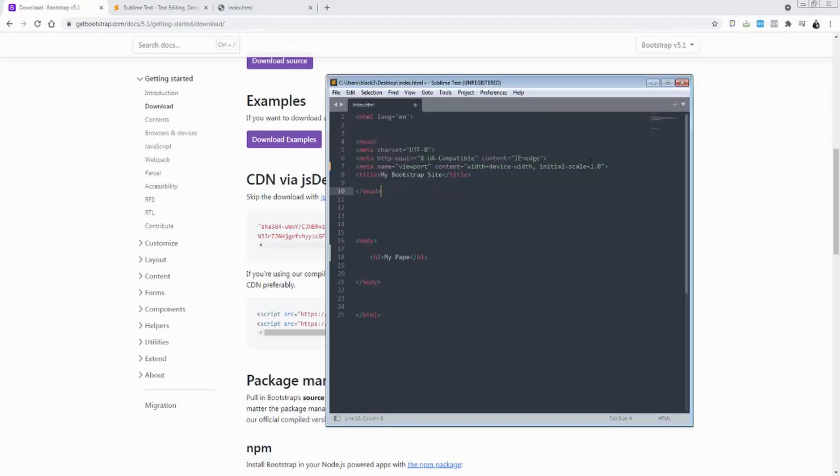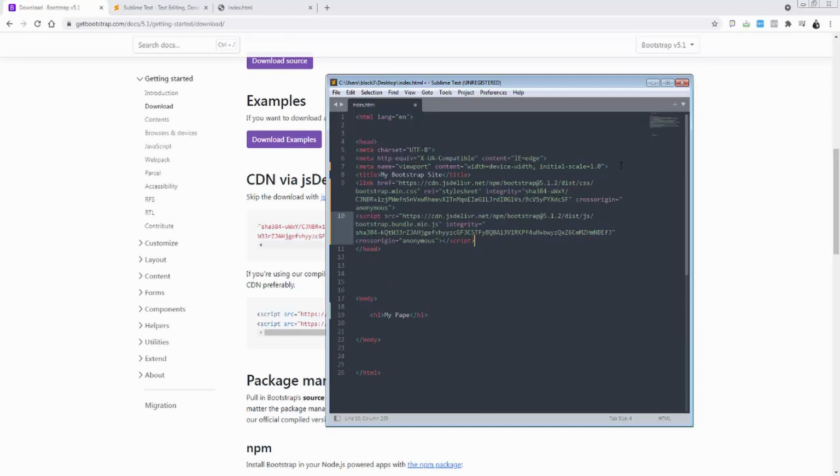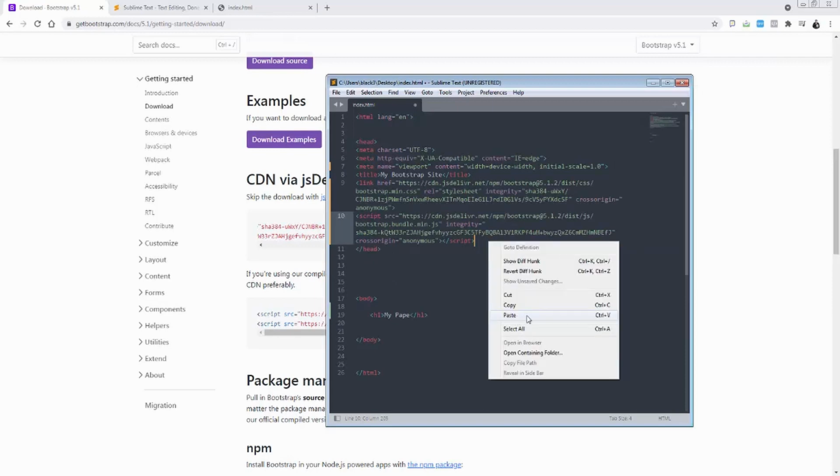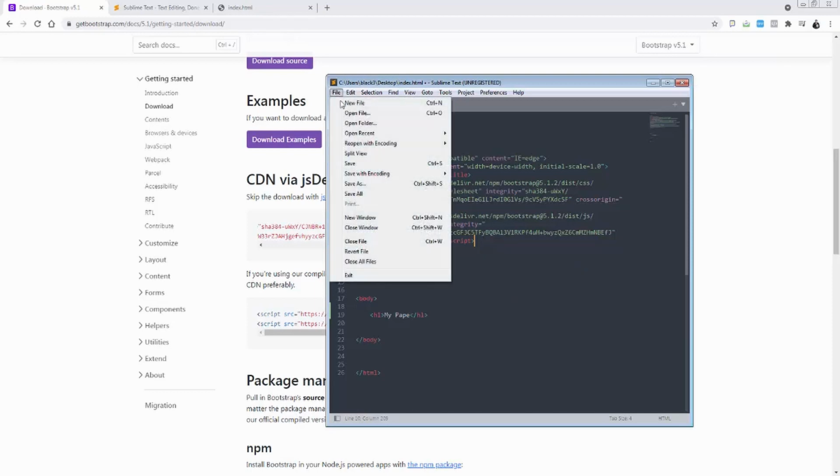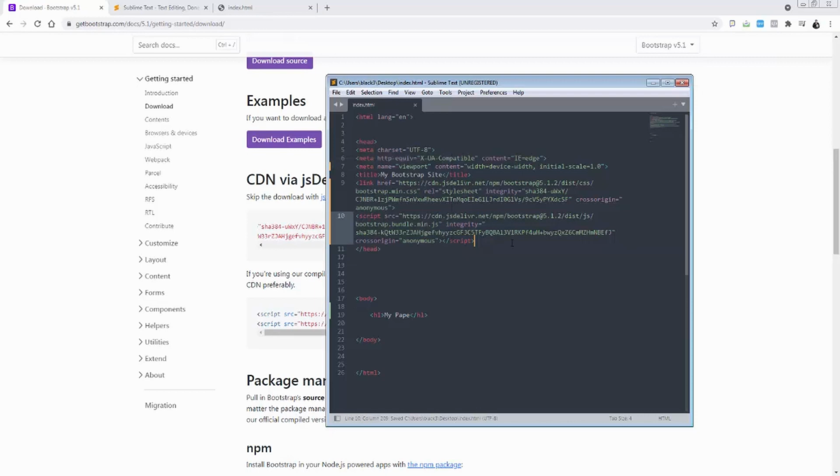So now we need to go inside the head and paste them. Okay, so you can paste it with this option here. Click the right button of your mouse and click paste. So let's save this, and we are now ready to